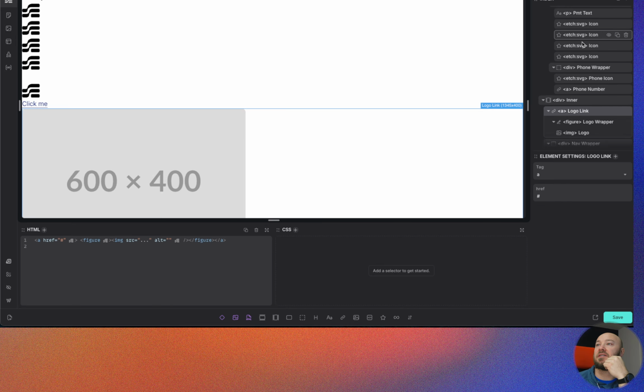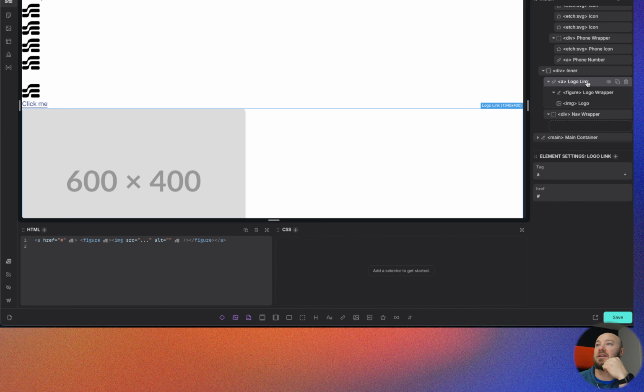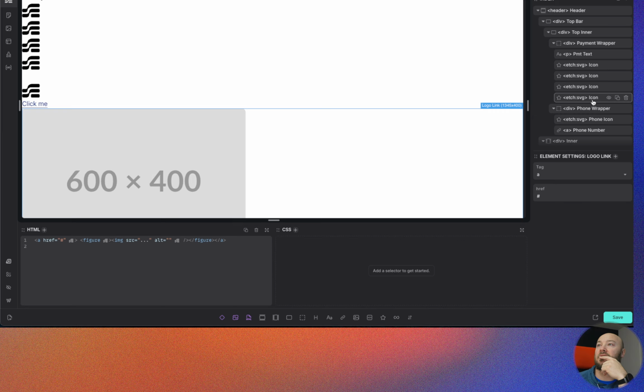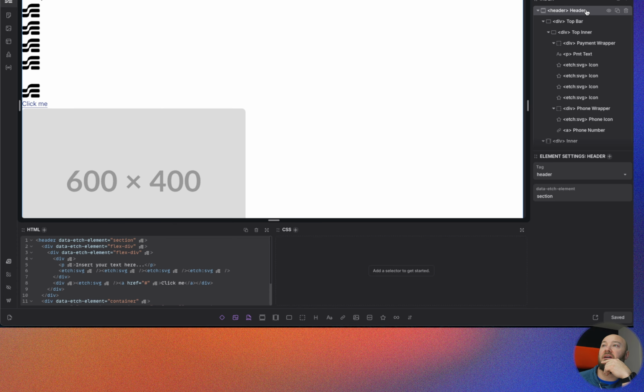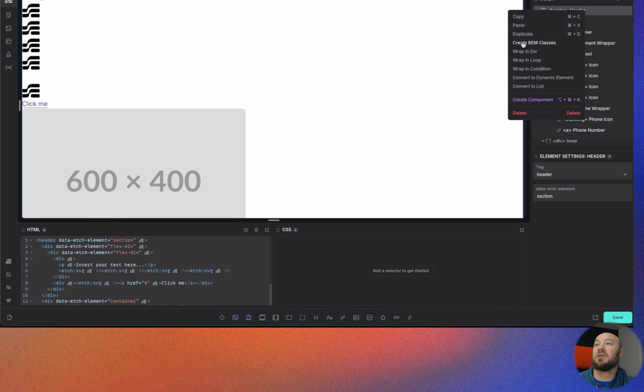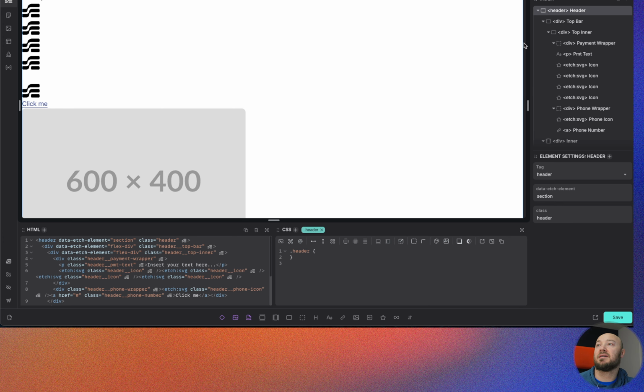I just want to see if there is anything left in here that I need to cover. And I think we are good to go. I hit save again. All the way up in my header, I'm going to right click and we're going to create BEM classes. So you can see this automatically put classes on everything for me,